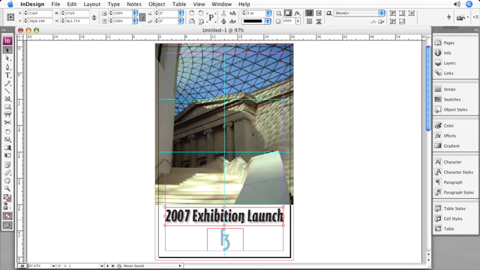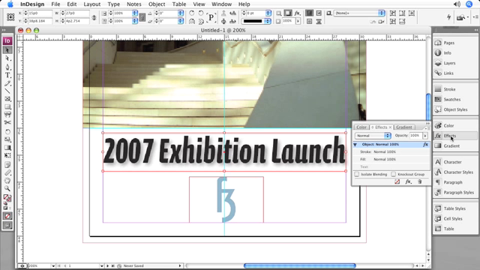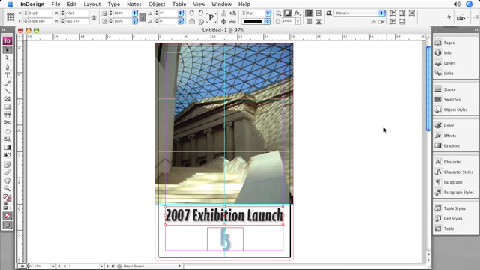Now I'm going to zoom in by pressing Command or Control 2 to zoom to 200%. You can see the shadow there. Now I'd like to take that same shadow and use it with 100% consistency on the logo here at the bottom. So to do that, all I have to do is click the Effects panel here on the right hand side. I can see the FX icon indicating that I have an effect on that frame, and now I just click and drag that to the logo to apply the same drop shadow. So I'll close the Effects panel and press Command or Control 0 to fit the document in the window,